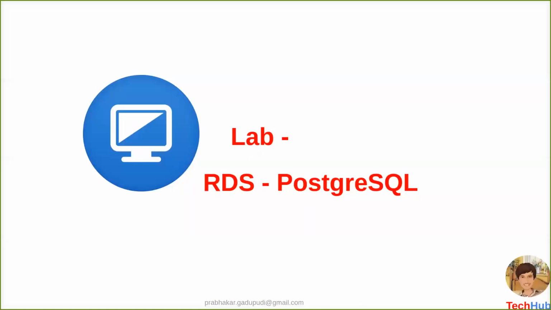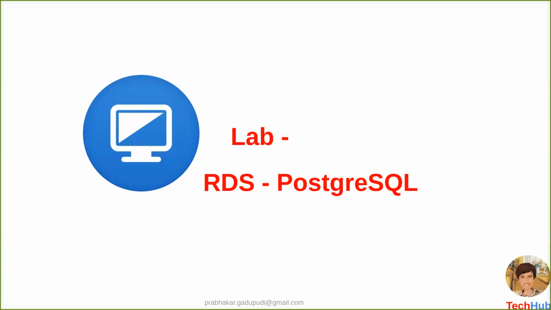Let's check the lab. In this lab, I'm going to create an AWS RDS PostgreSQL database. This PostgreSQL database comes with many features that help developers build applications and administrators protect data integrity and build fault-tolerant environments. It will help you manage your data, no matter how big or small your data is. In addition, it is free and open source, and it is highly extensible.